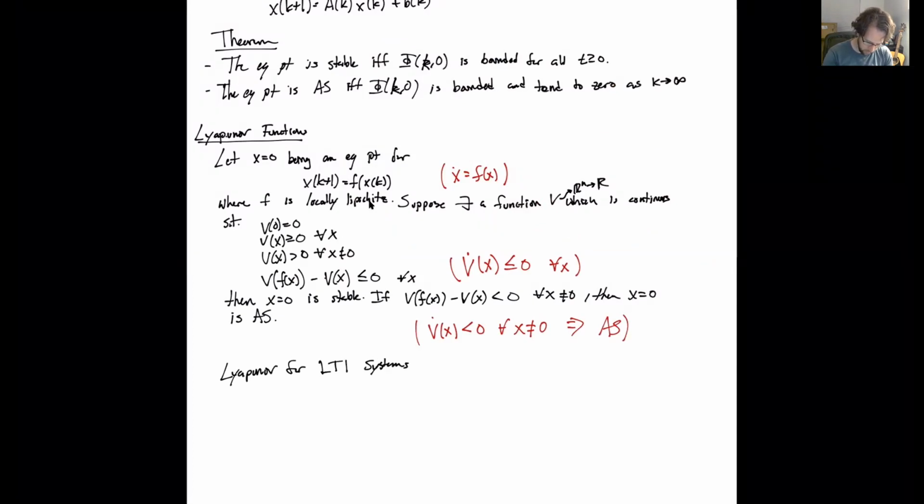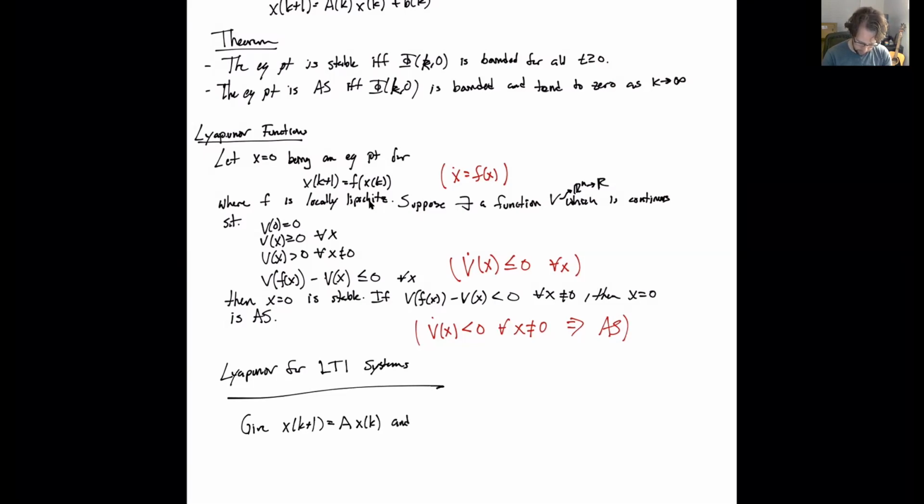All right, so now the problem is, given a system x of k plus 1 is equal to A times x k,